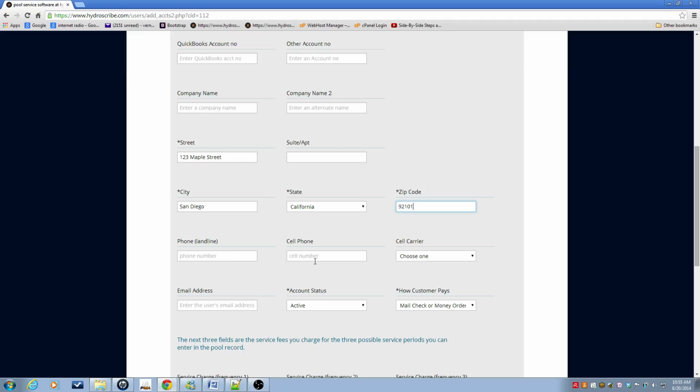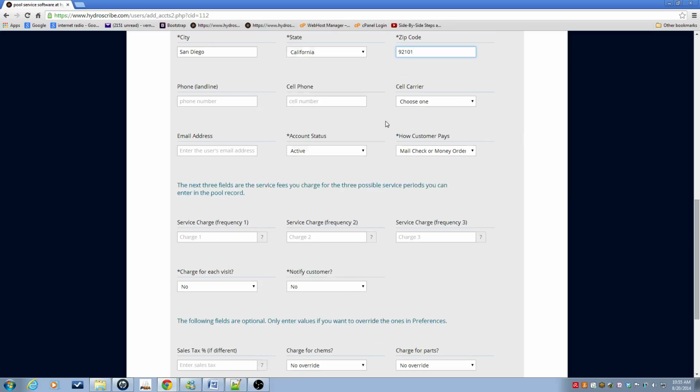Now phone numbers are optional, but if you want to communicate with the customer, you might want to put one in, and the same goes for email. So I'm going to add an email address for that customer. Their account is active, and next I have to select, is this a customer who's going to pay online with